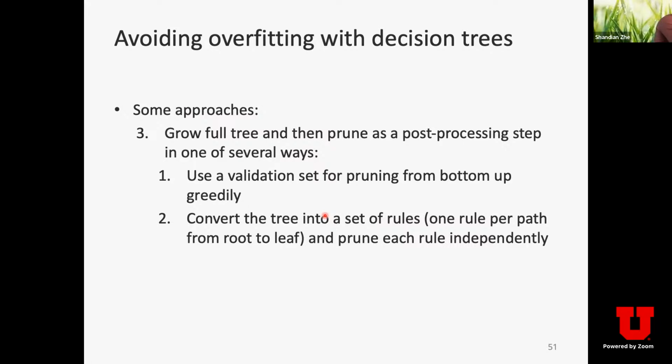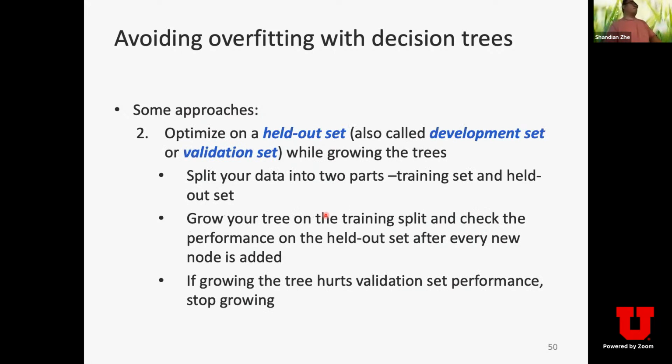Validation set. Okay, so if you have, say, 1,000 training examples and you want to use a validation set, you have to sacrifice some training information. I can randomly pick 100 examples out of the training set and use these 100 examples as my validation set. Then I only train my decision tree learning on the remaining 900 examples. And every time